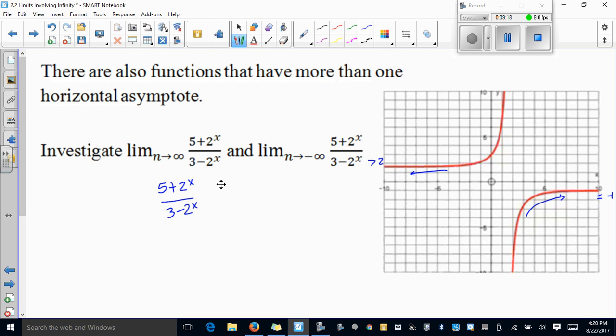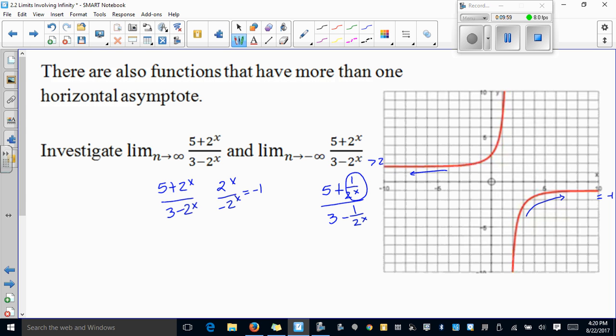It's this one that threw people off. Keep in mind, a negative exponent puts it into the denominator. So this is 5 plus 1 over 2 to the x over 3 minus 1 over 2 to the x. So our problem that happened here is that now my x is in the denominator, and as this number gets larger and larger and larger, the whole fraction gets smaller and smaller and smaller. So this guy is going off to 0, and this guy is going off to 0, which leaves us this guy,